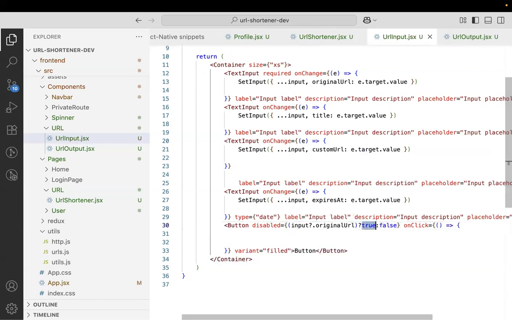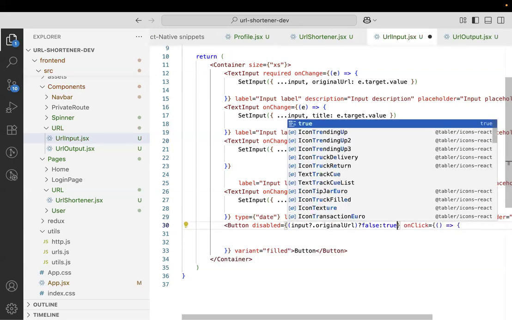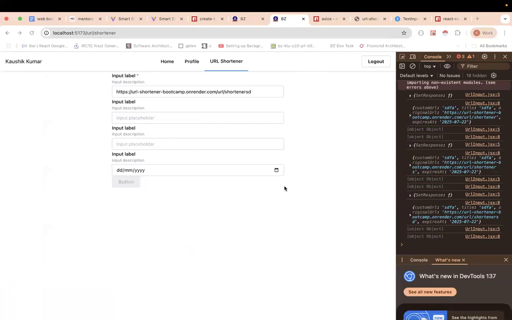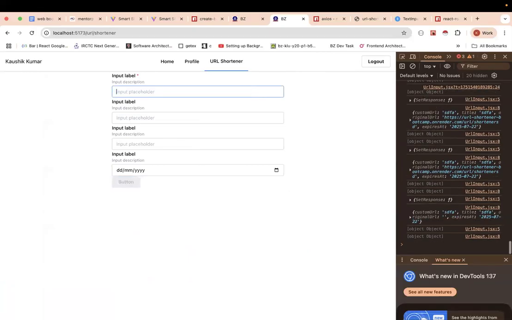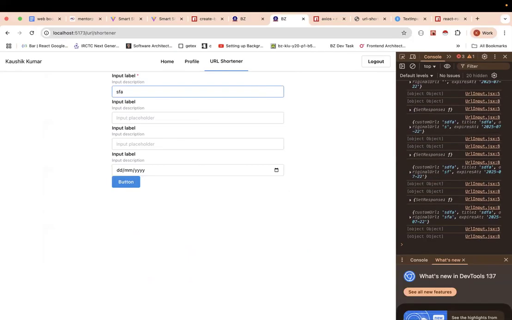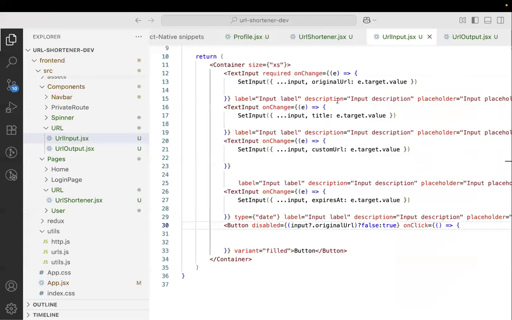If it is there, we should not. If I remove this, I write this, perfect. These labels you can change by yourself, right? You can put optional other things also over here. Okay, so